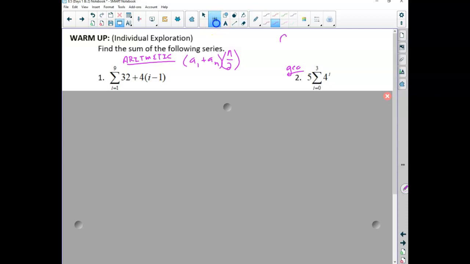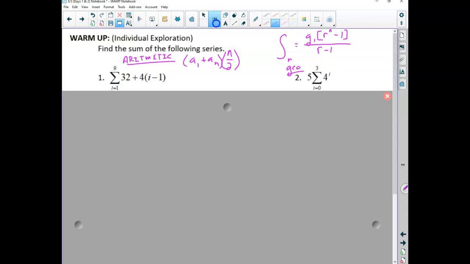My sum of my n terms is going to equal, what is that? It's my first term times my common ratio raised to the number of terms being summed minus 1, and that